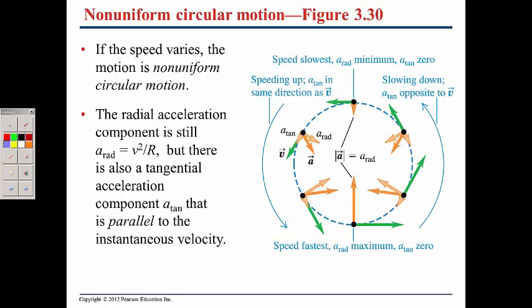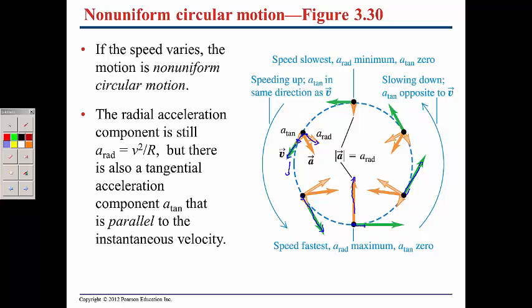Not going to talk too much about this, but for non-uniform circular motion, there is going to be an acceleration radially, but there's also going to be an acceleration tangentially, which is in the same direction as the velocity, causing the velocity vector to become larger or smaller with respect to time. In the case I drew right here, it's going to make it larger, and then perhaps over here there is no tangential acceleration, and so the acceleration is all radial,